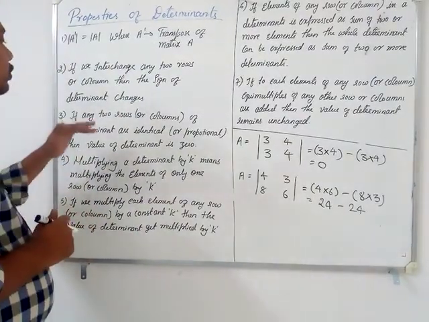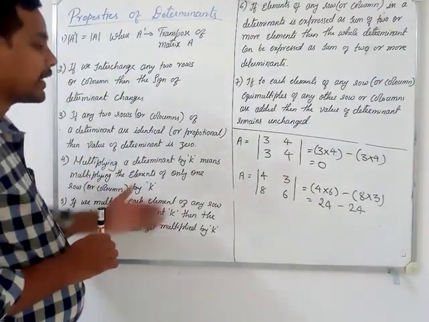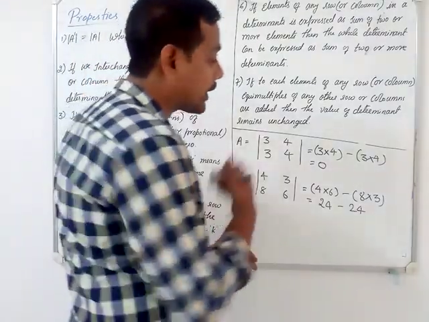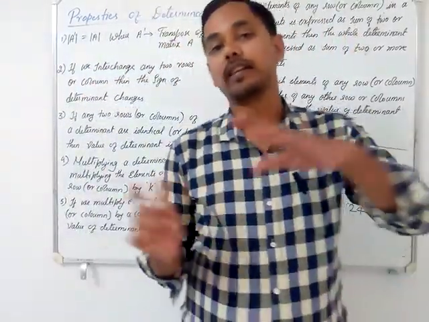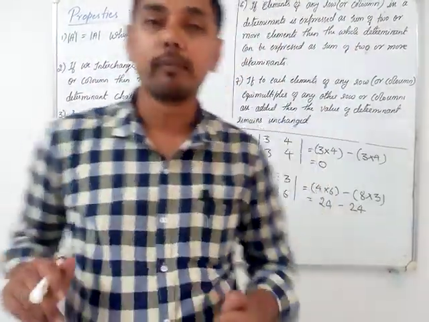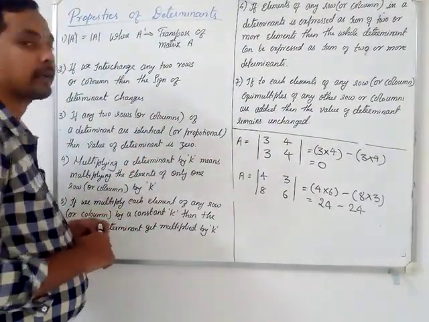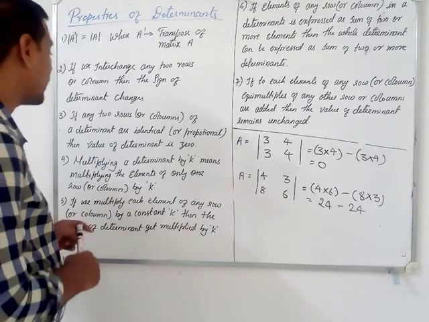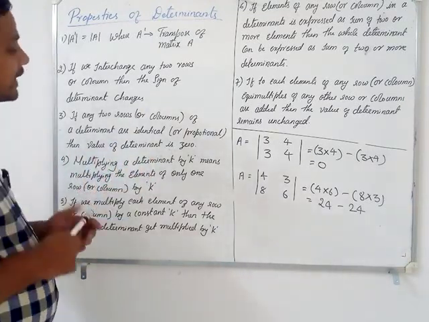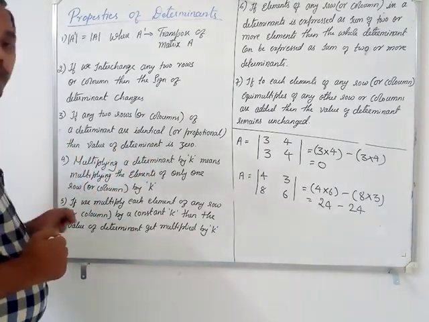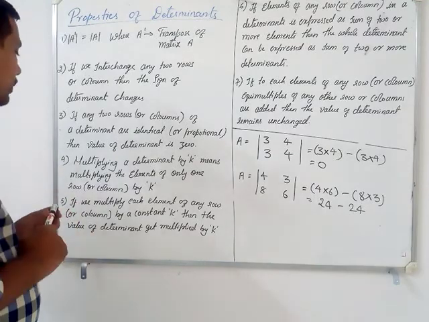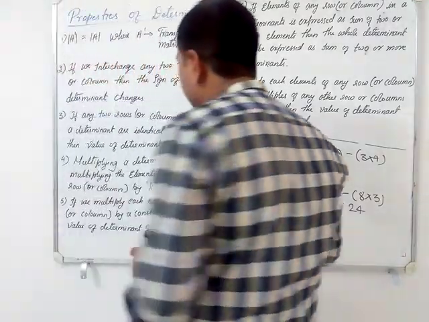If any two rows or any two columns, here I have taken an example for row, you can take an example for column also. You can make the columns identical or proportional, then you try to calculate the value, then the value of the determinant will become equal to 0. If any two rows or columns of a determinant are identical or proportional, then the value of the determinant is 0. Okay, so coming to the next one,